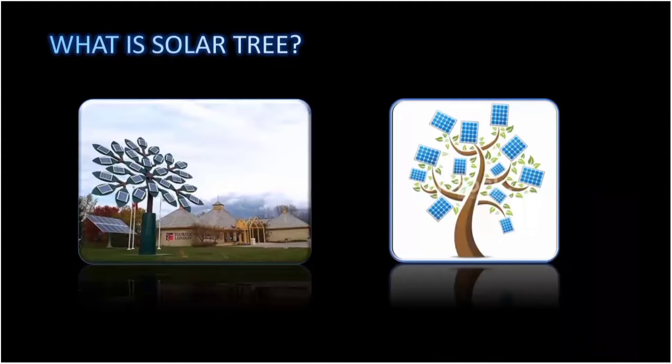In this slide, we have given an idea about our topic. So a solar tree is a structure incorporating solar energy technology on a single pillar, like a tree trunk. Solar energy is accepted as a key resource for the future of the world. The utilization of solar energy could cover a significant part of the energy demand in the countries. One of the most popular examples of utilized solar energy is the solar tree.